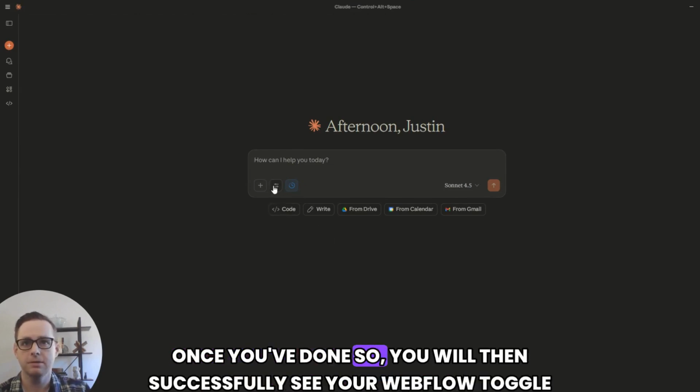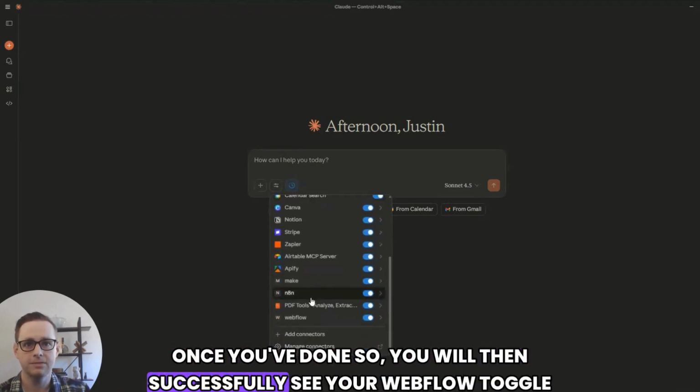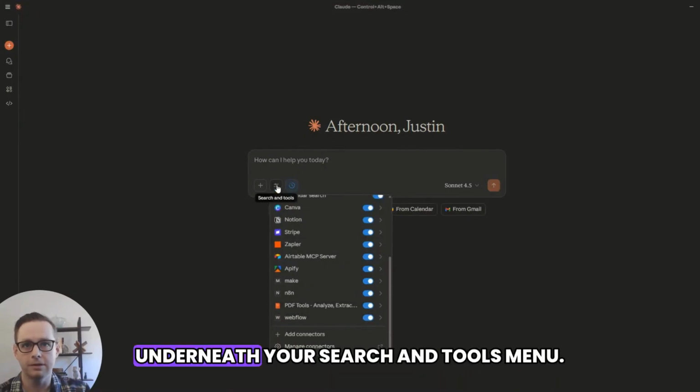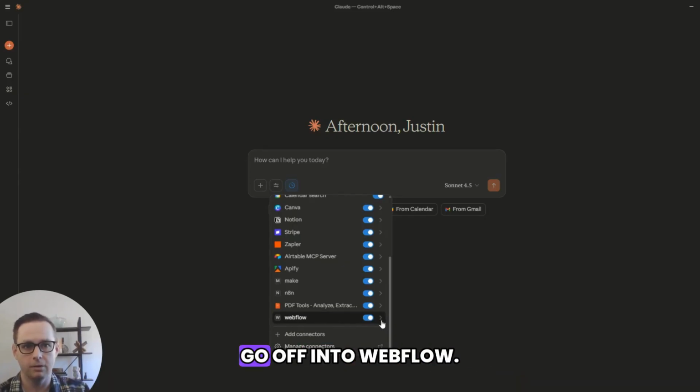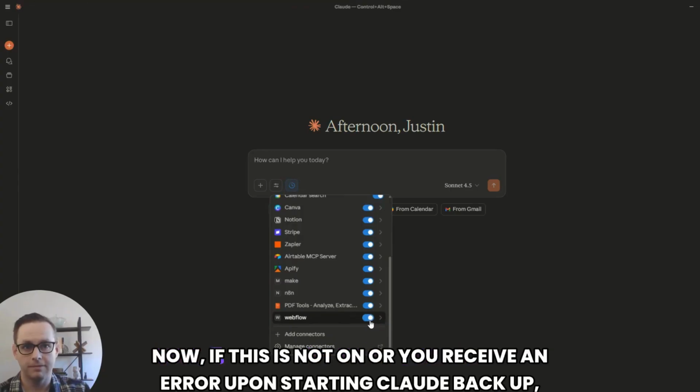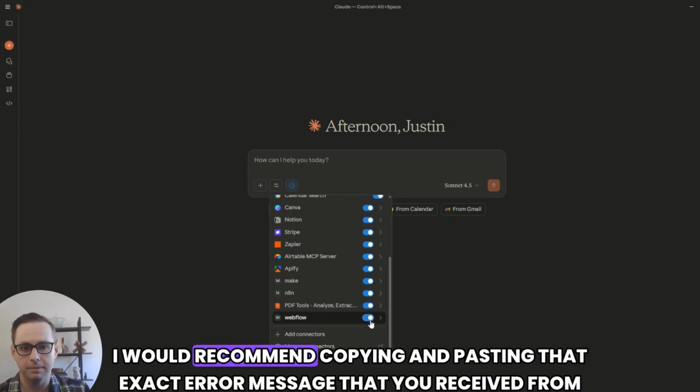Once you've done so, you will then successfully see your Webflow toggle underneath your Search and Tools menu. You should see this toggled on if you've successfully configured your MCP server and OAuth into Webflow. Now, if this is not on or you receive an error upon starting Claude back up, I would recommend copying